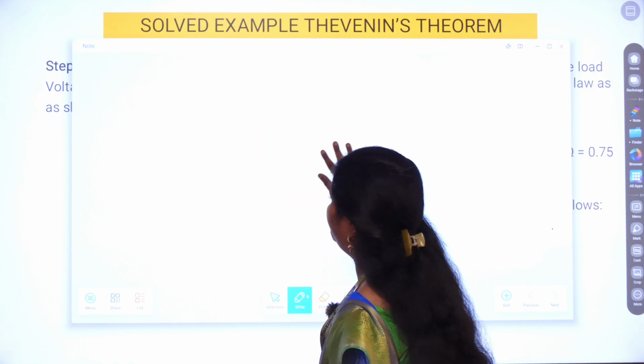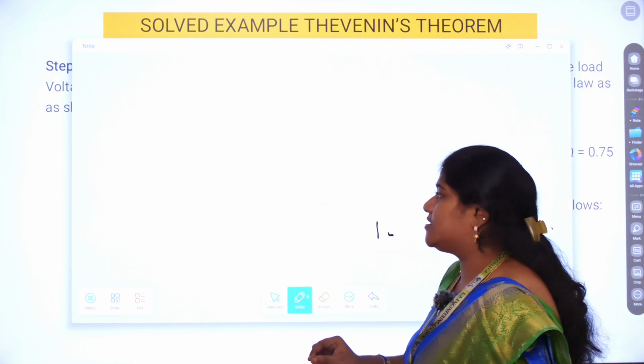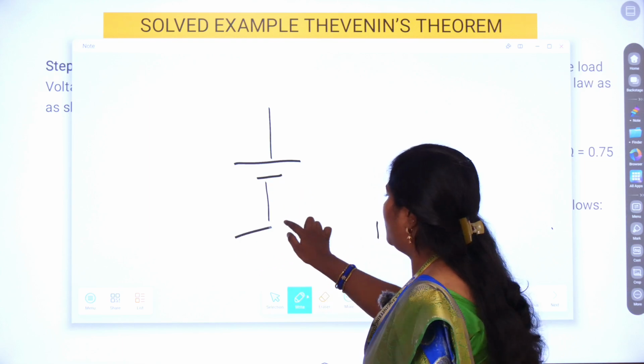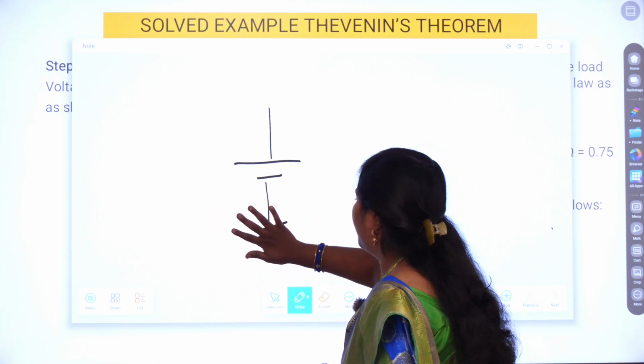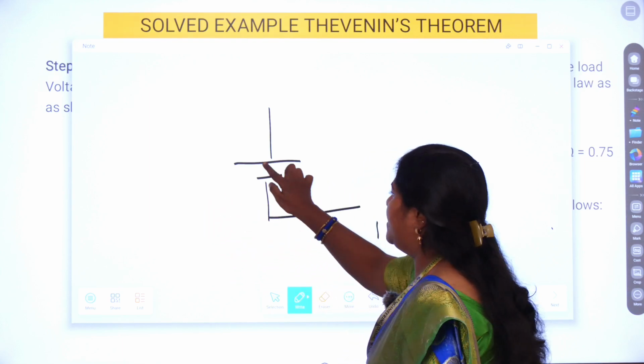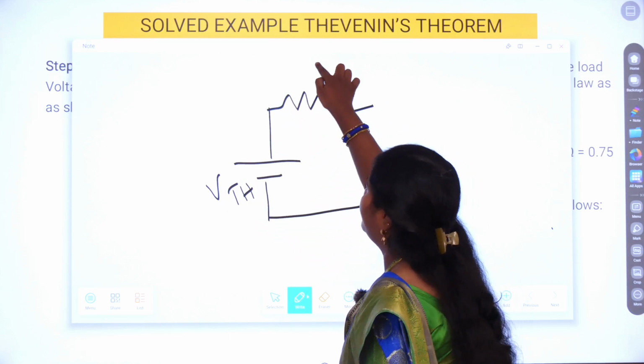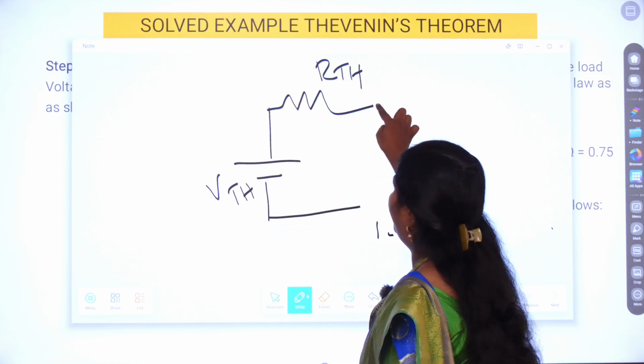So I am here to just give you how to draw the Thevenin's equivalent circuit. Any complex circuit can be redrawn as Thevenin's equivalent circuit by simply having VTH in series with RTH followed by the load